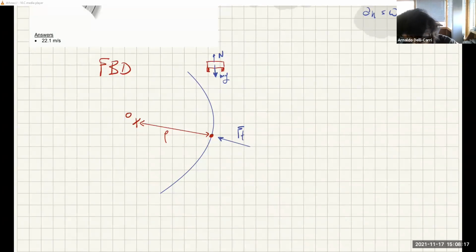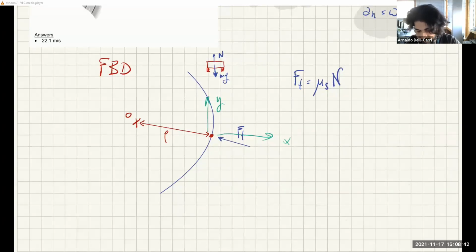Okay, so let's remember what is a friction force. Friction force, of course, is coefficient of friction times normal force. Now, which reference system do we use? Of course, we don't want to use X and Y because it's very complicated. If we use X and Y, horizontal and vertical, it's very complicated because now the acceleration is going in this direction and this direction, which are not aligned with X and Y. So instead, we are going to use